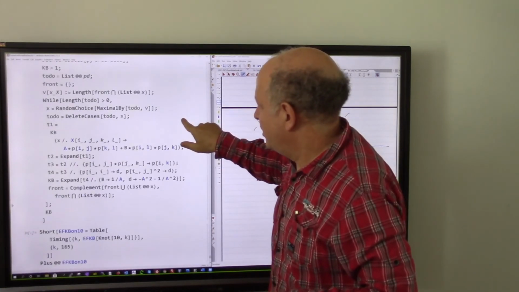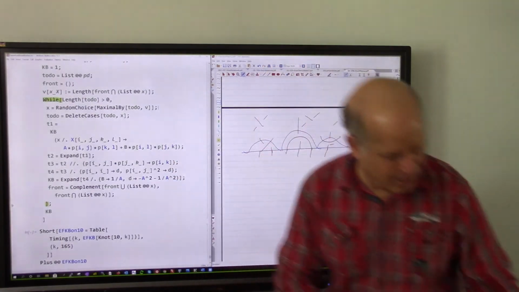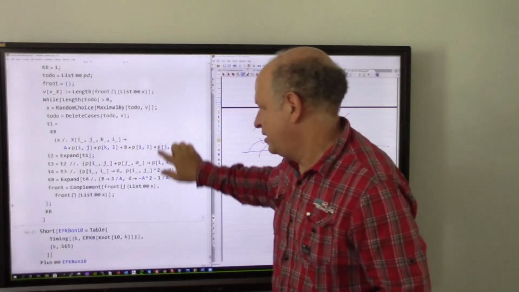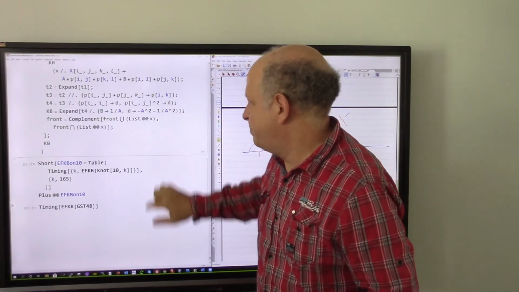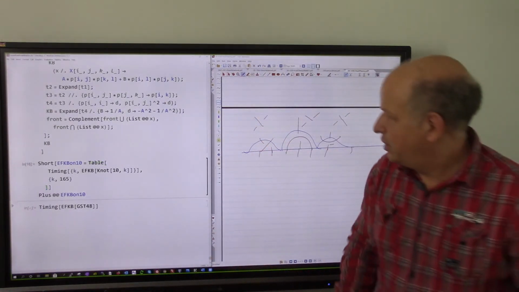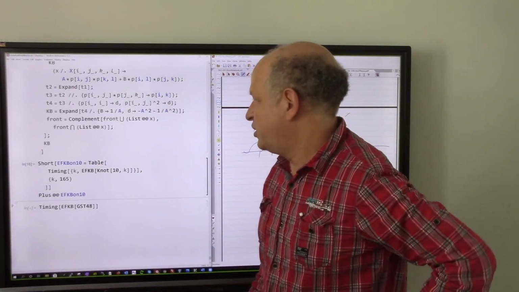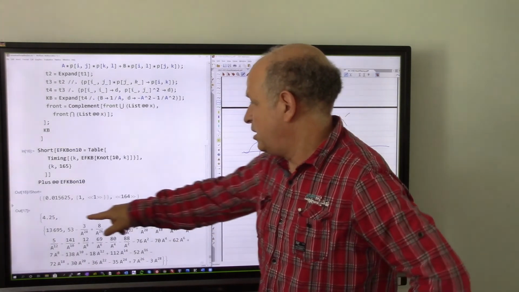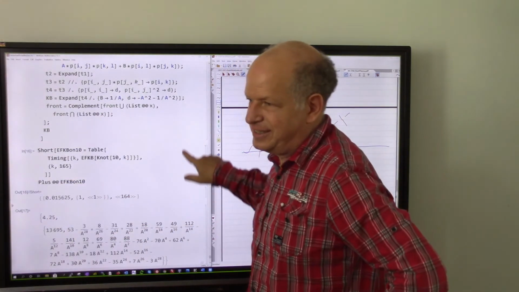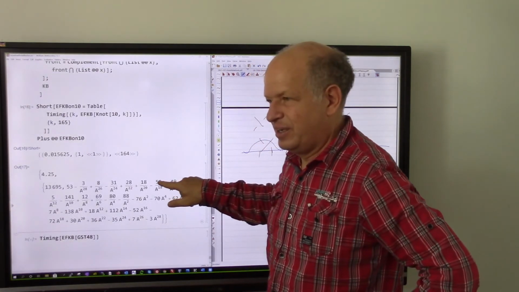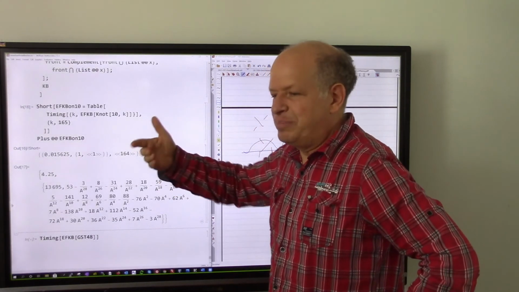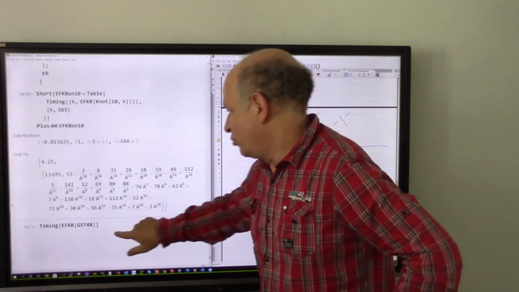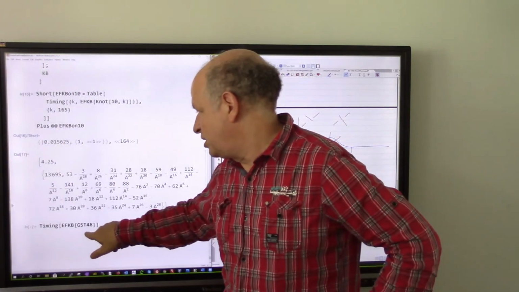So anyway, I evaluate this. I do the same thing as before to compute this 165 knots, and the savings is actually not so impressive. It's down to 4 seconds, but the savings get better and better the bigger the knot is. So now I actually compute the